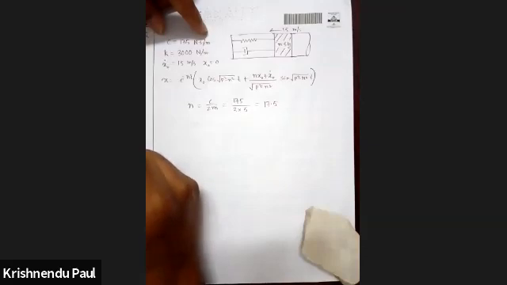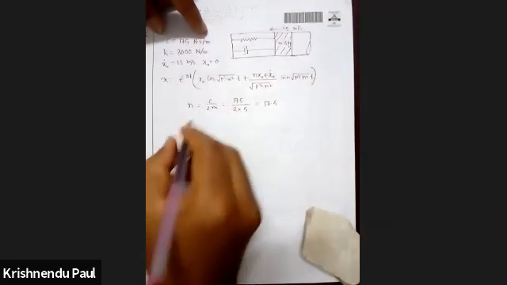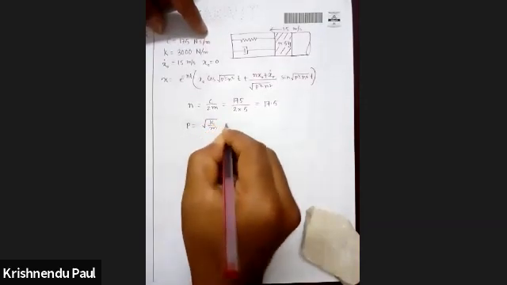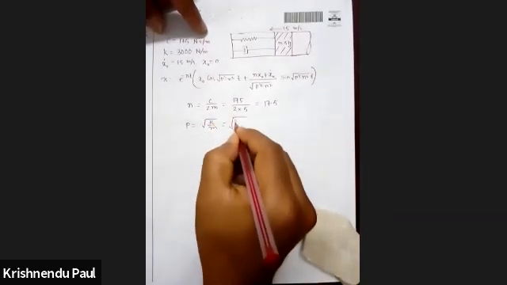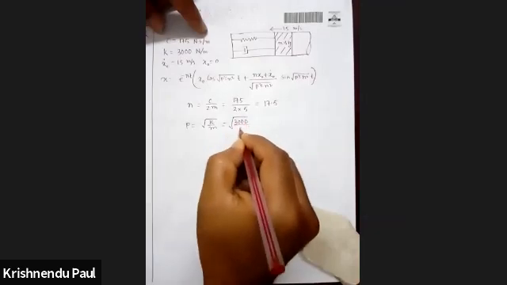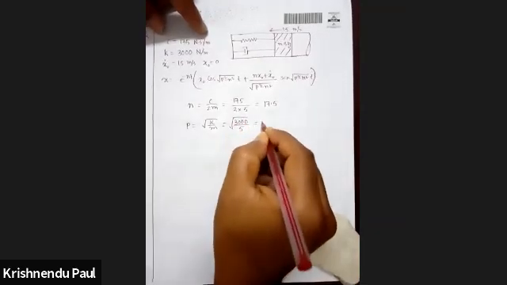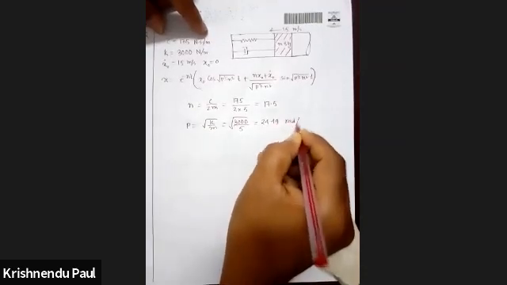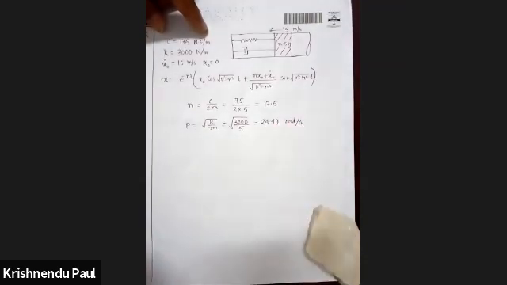Okay, and p, we need root of k by m. Put under k by m. So it will be 3000 by 5, it will be 24.49 radian per second. Okay. Then